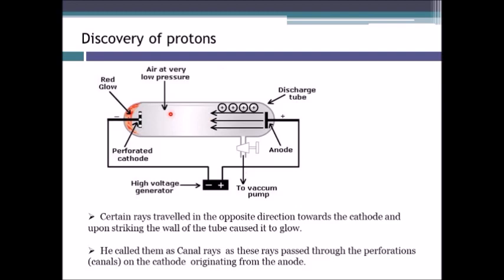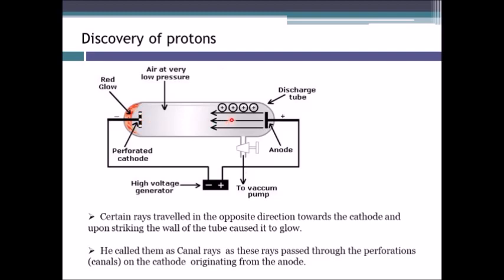Now, we had seen that canal rays were discovered by Goldstein, and how he came to discover it: when he used in the discharge tube experiment a cathode that was perforated, then he saw rays originating from the anode and traveling through the cathode, that is these perforations, and striking the glass tube. On the opposite side of the cathode here, that is behind the cathode, it was causing a red glow. Since these rays travel through the perforations of the cathode, they were called canal rays, that is they travel through the canals over here on the cathode.